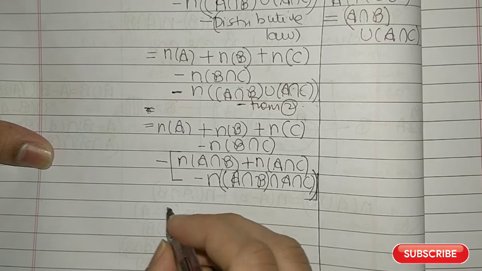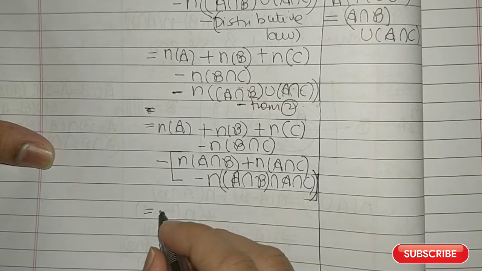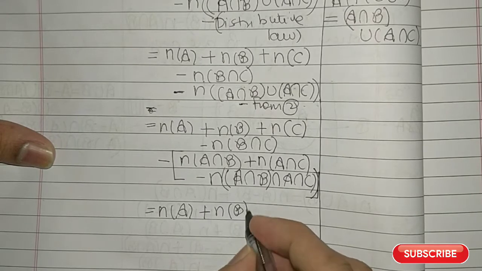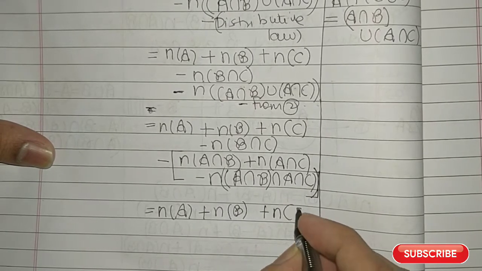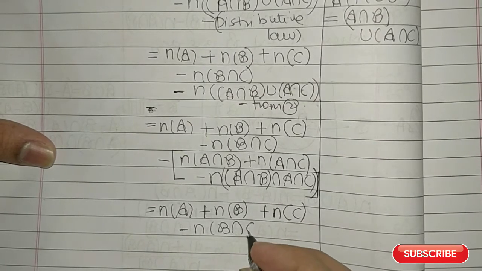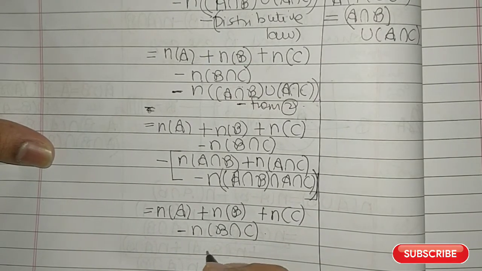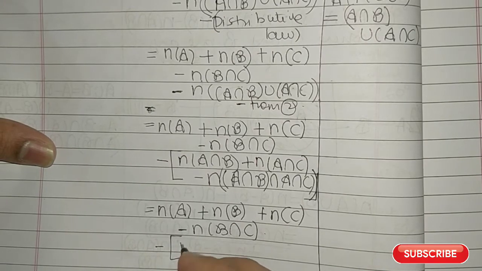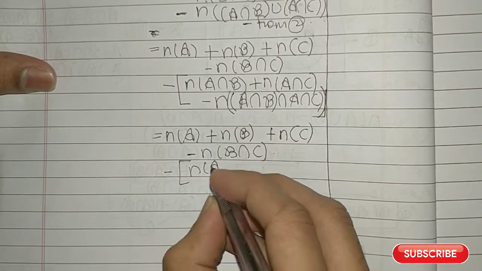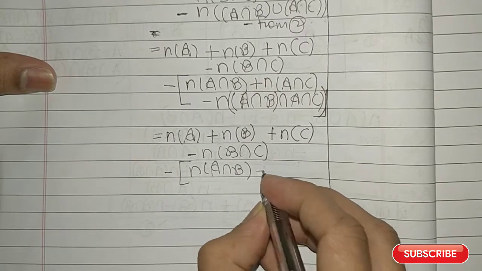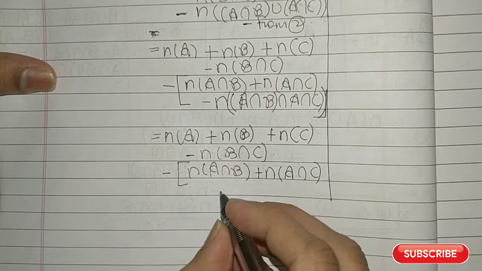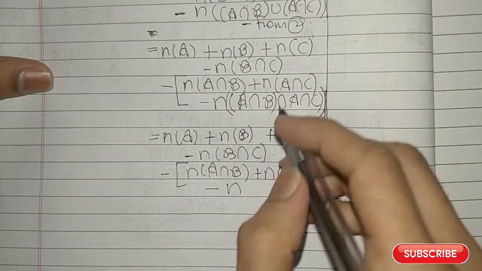Then what you get is n(A) plus n(B) plus n(C) minus n(B intersection C), then minus [n(A intersection B) plus n(A intersection C) minus